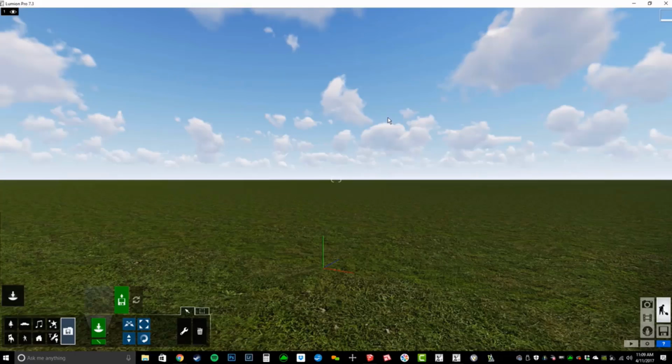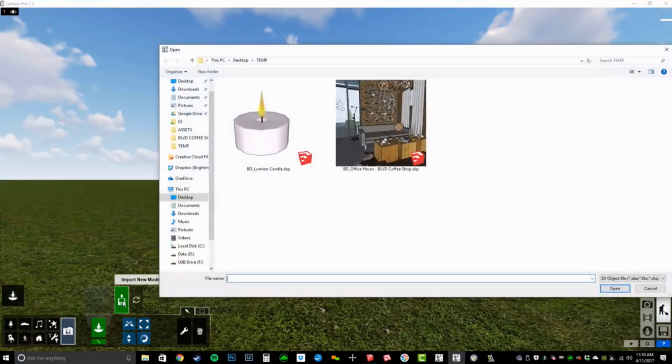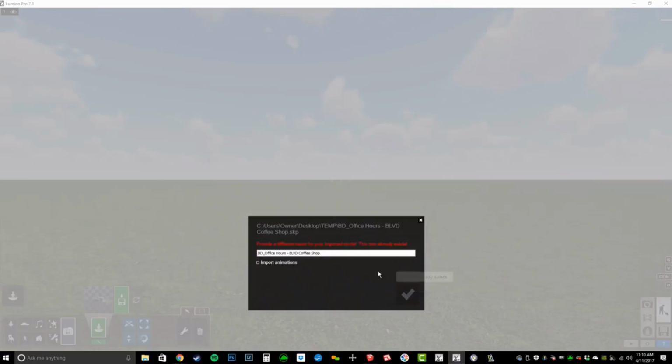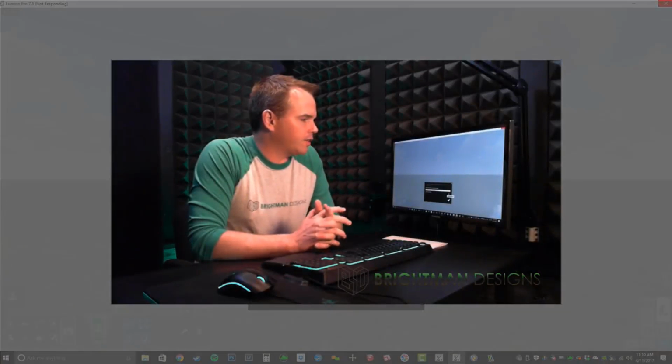All right, and then if I go over into Lumion, I am going to import a new model, and we're going to import this Boulevard Coffee Shop and choose Open, and I'll give that a different name since I've already imported that a few times. Now, this model is just slightly heavy, so it's going to take us maybe 30 or so seconds,